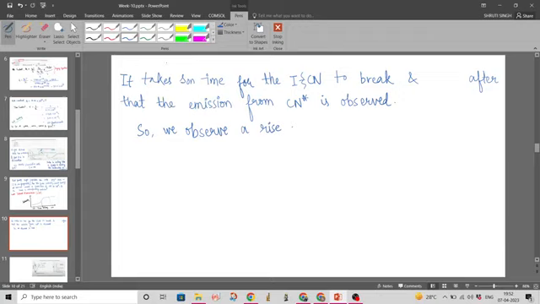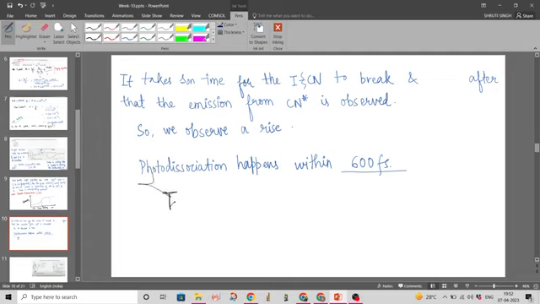Okay, so the photodissociation happens within 600 femtoseconds, and the respective time period will be around 205 plus minus 30 femtoseconds. Okay, so